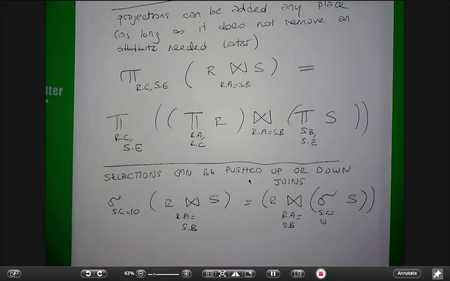So you can push a selection further down in the query tree, or if you had this, you can push it further up in the tree. Right? So why would I want to do that? Well, there are two different things, right? So let's try to see a simple example and then use that to judge why this is very useful. So for example, let's say that I have